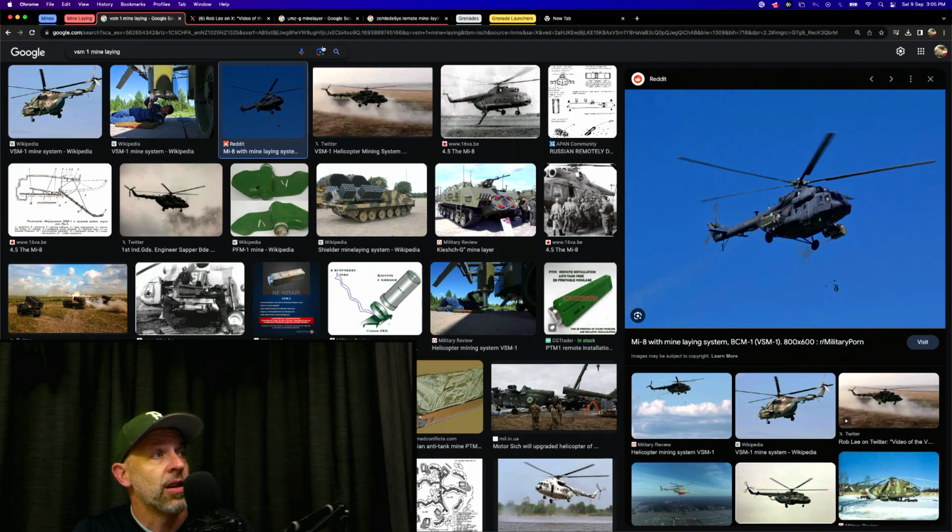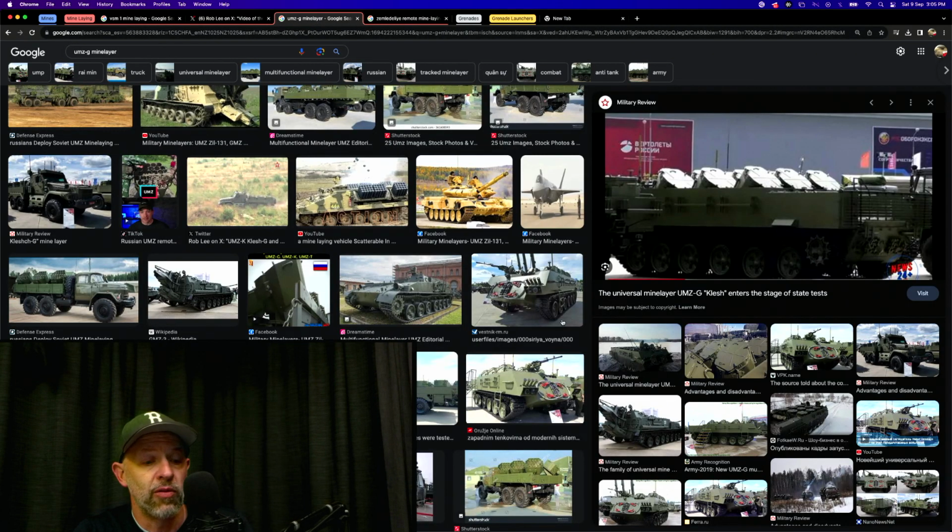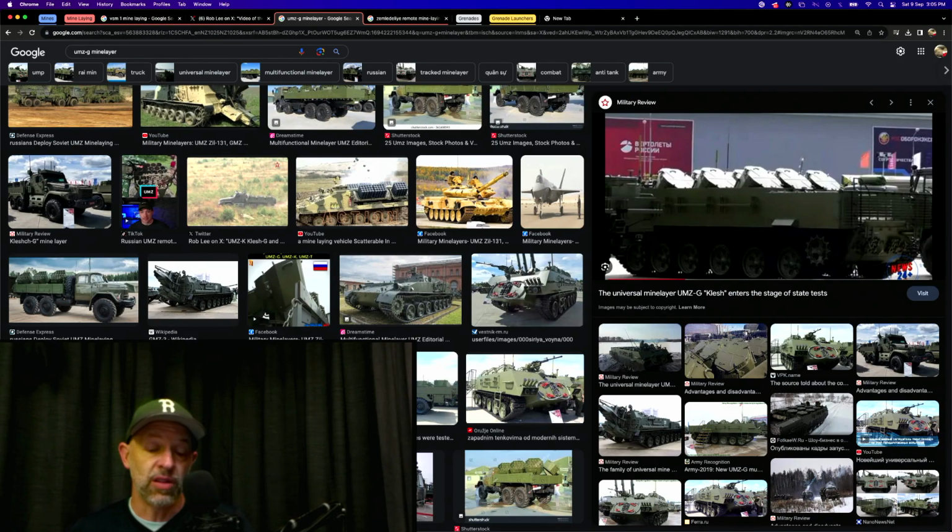All right, now the UMZ, we talked about this before, a mine laying system. This system's called the Clash. So this is a tracked mine laying vehicle based on the chassis of a T-72 or a T-90 main battle tank. As you can see, it has these banks of barrels within them, and these are capable of firing out mines. The UMZ-G Clash is a Russian-made multi-purpose tracked mine-laying vehicle, motorized with a diesel engine,